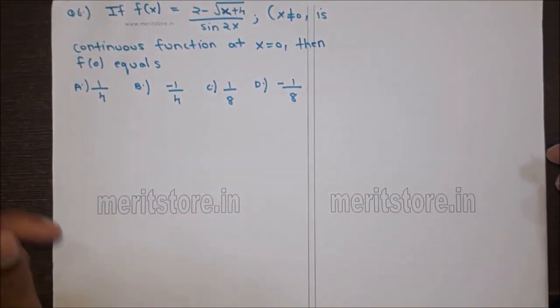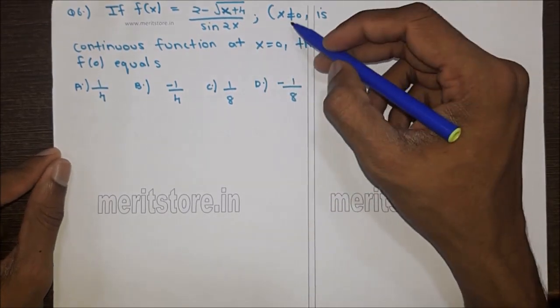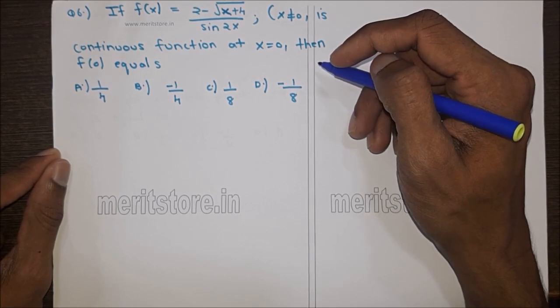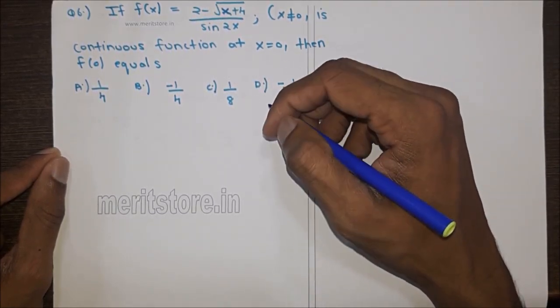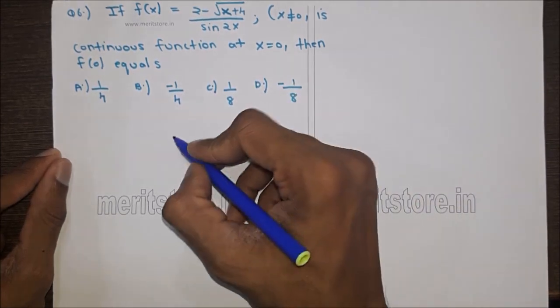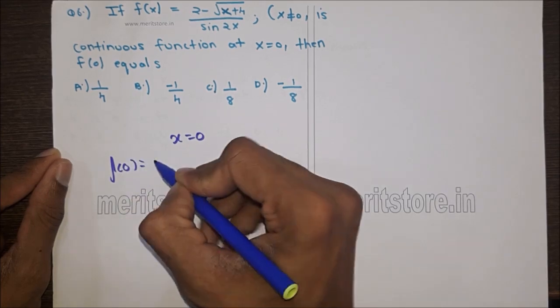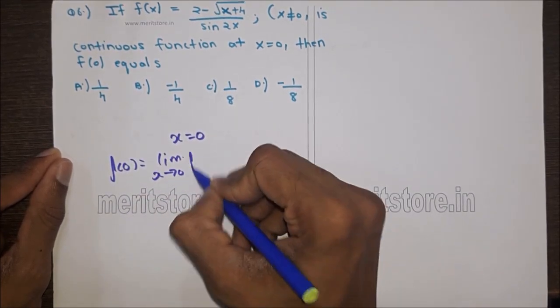Question 6. If f(x) = (2 - √(x+4))/sin 2x, where x ≠ 0, is a continuous function at x = 0, then f(0) equals, we are given 4 options. If f(x) is continuous at x = 0, then f(0) equals the limit as x approaches 0 of f(x)